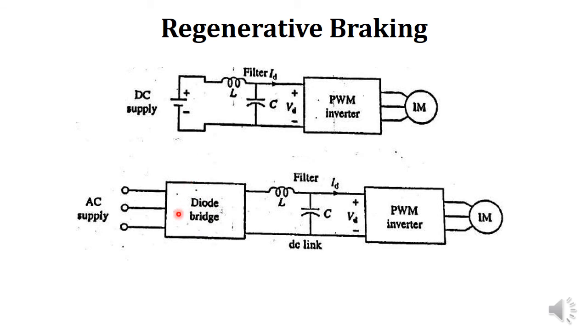So instead of using a diode bridge, we have to use some other circuitry which allows flow of current in both the directions. So we can use a dual converter which allows current in both the directions. Dual converters were used for this purpose in the earlier